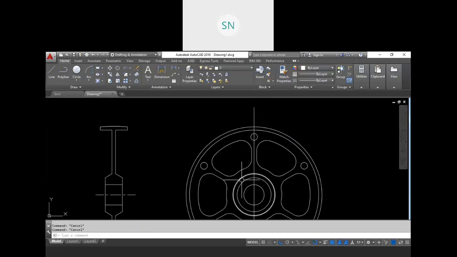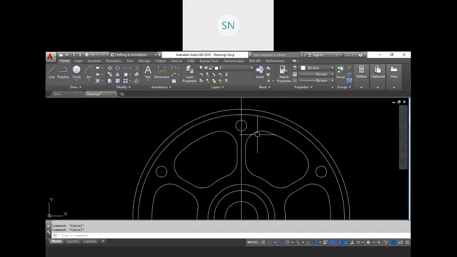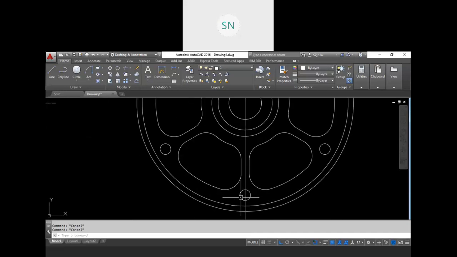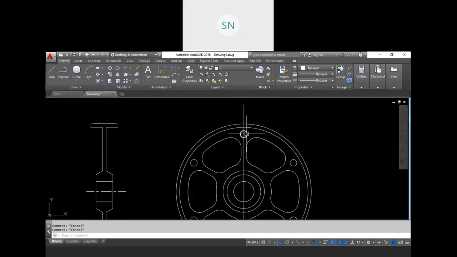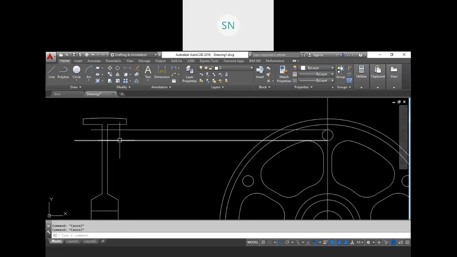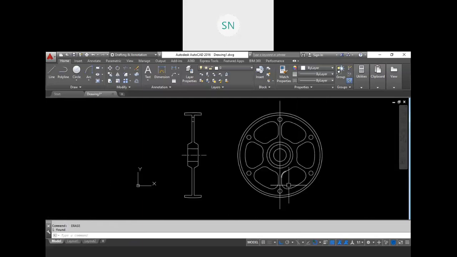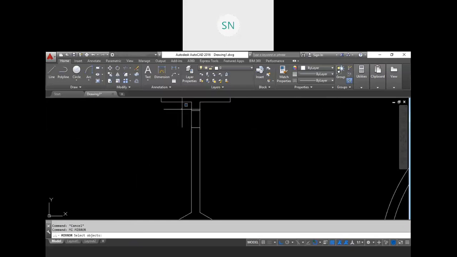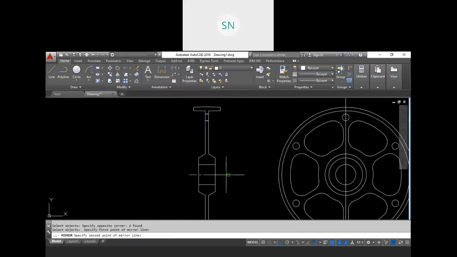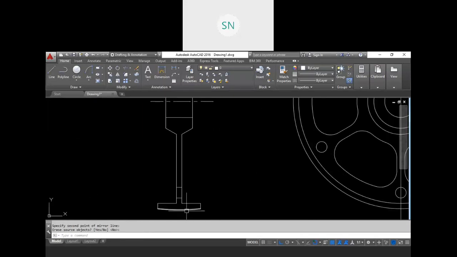So from this line, this section is going to cut. So here our circle is also going to cut. So that's why we need to provide this position over here. So you can take this reference here and trim it. Same on the bottom side, we have a circle, but we will mirror this thing. So these two, and this is my mirror line, and here we have those two.